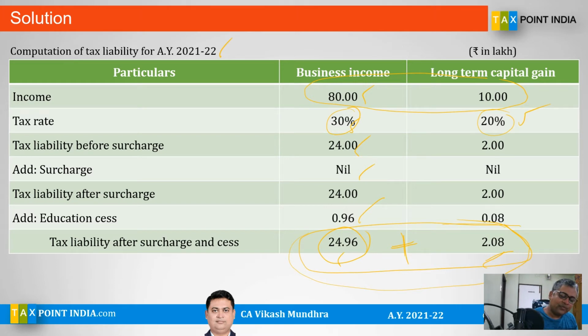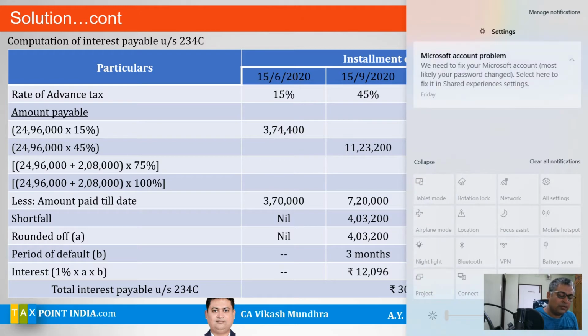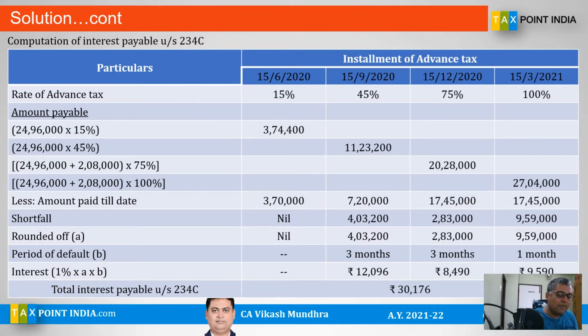Okay. Now, this is the table. By 15th June, you are supposed to pay 15% of your advance tax liability. On 15th of September, you are supposed to pay 45% of your advance tax liability. By 15th of December, you are supposed to pay 75%, and by 15th of March, 100%. Okay, we all know this. Now,